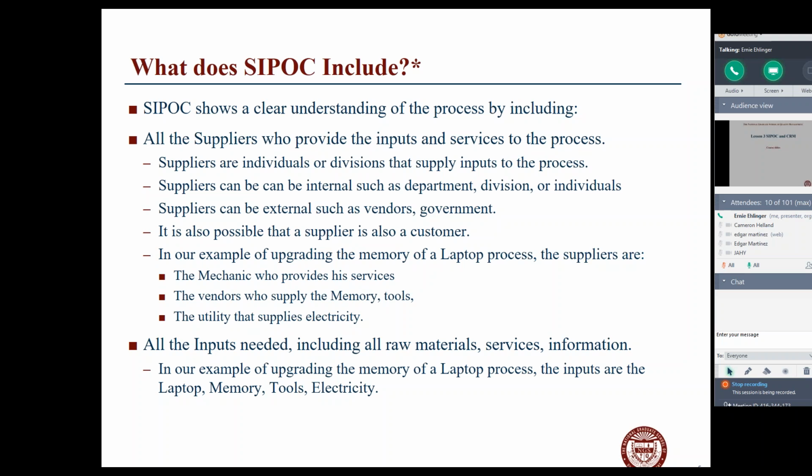And it's interesting that you can have a supplier who is also a customer. I want you to think about that for a minute. Can any of you think of an example where the customer is also the supplier? Depending on where you are on the transaction chain, you can be a supplier and then a customer. Can anybody give an example of a circumstance where somebody is both a supplier and a customer?